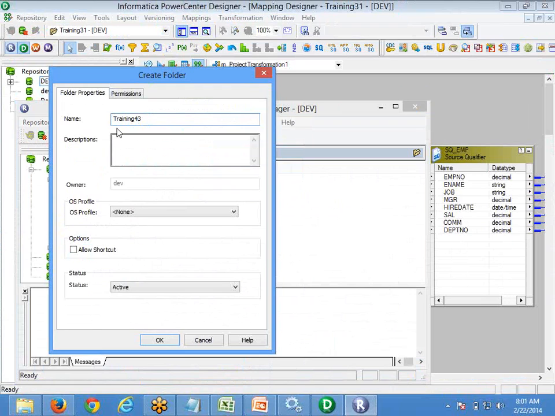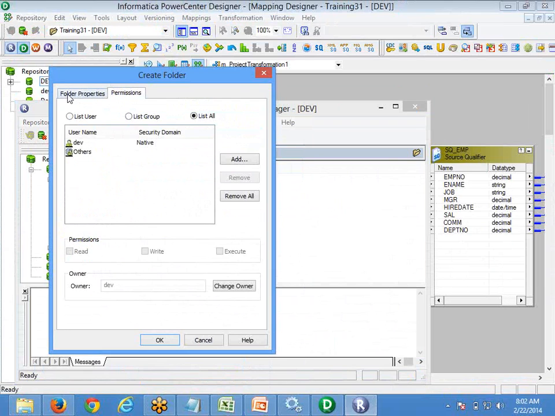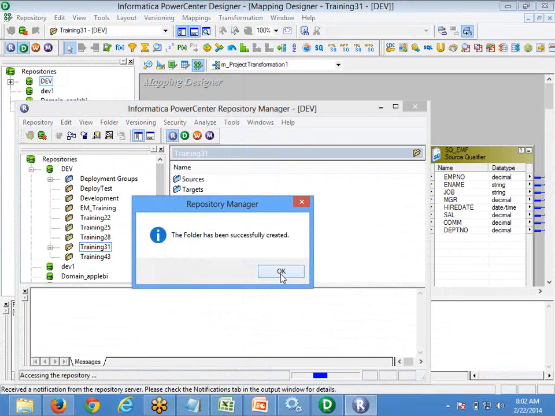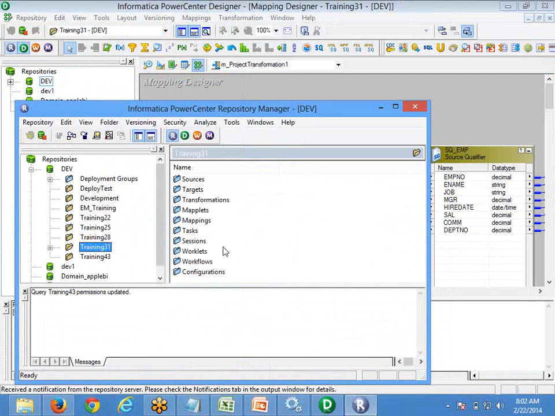You just give a folder name, that's all. As a beginner, we can do a lot of permission settings, but right now you can ignore them. So I just created a folder. I just said okay, and it says that the folder has been created, and you can see the folder name here in repository manager, a new folder under this one.